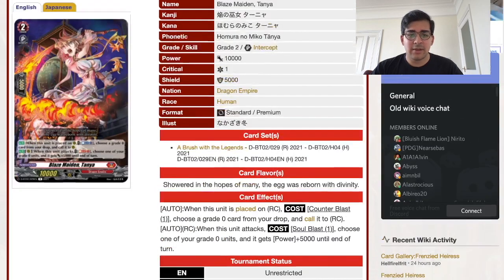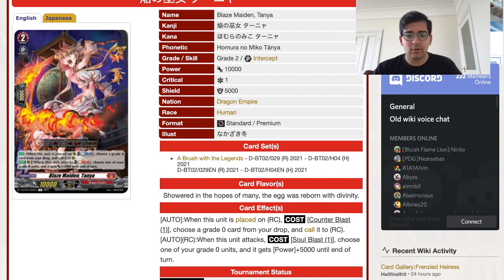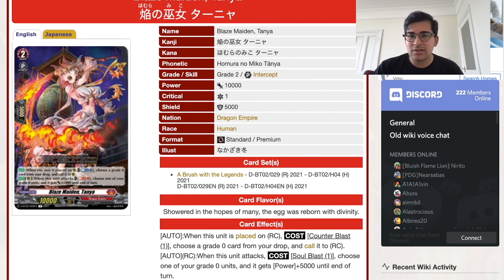Blazebane and Tanya, when it's placed on rear guard, you can counterblast 1, choose a grade 0 from your drop zone, call it to a rear circle, and auto on rear. When it attacks, Soul Blast 1, choose one of your grade 0 units, and it gets 5k until the end of the turn. Personally, I really don't see the need for this because you have ways to just get back